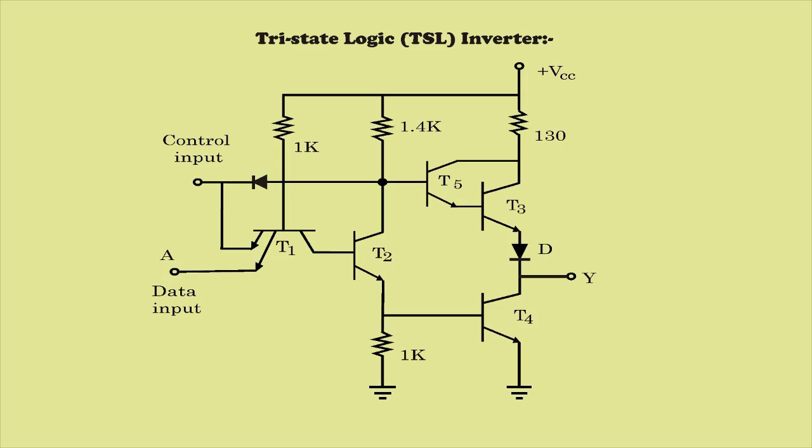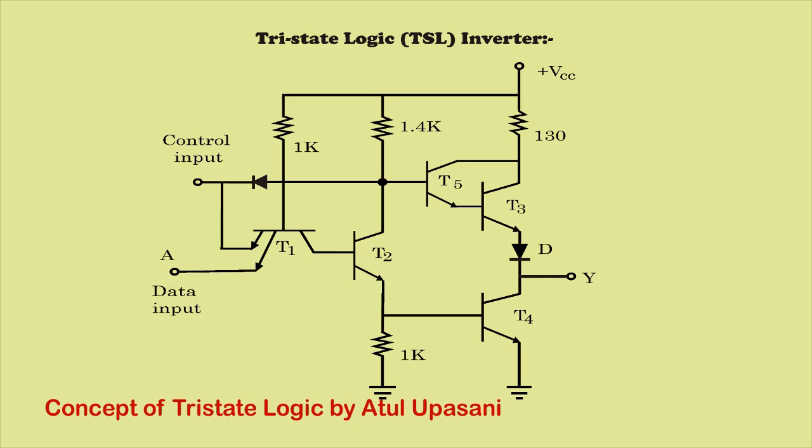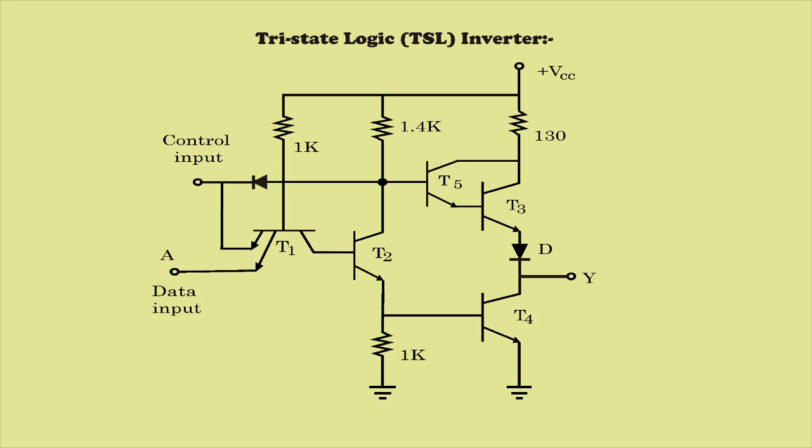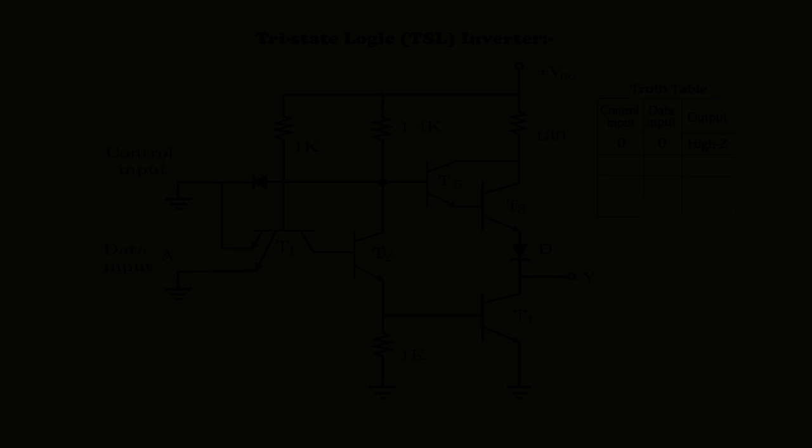So these are the three components that are changed here: the diode, then transistor T1's emitter, and the additional transistor T5. If it is implemented or designed like this, then this transistor circuit will work like transistor tri-state logic. So let us have a look at the input condition and output condition. Let us discuss the working of this transistorized circuit.